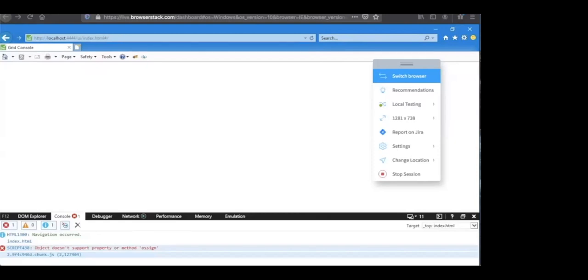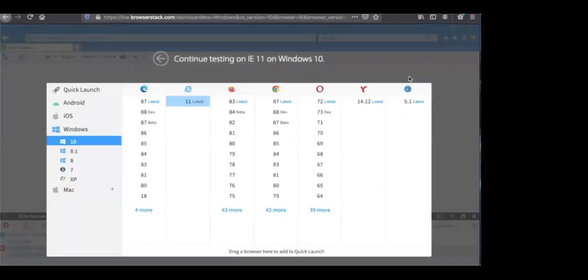Okay, so let's have a look at the Switch browser. If I wasn't going to change it, I can click back. I've got Firefox locally, so I don't need to test that. But I hear a lot of people really like using Edge.